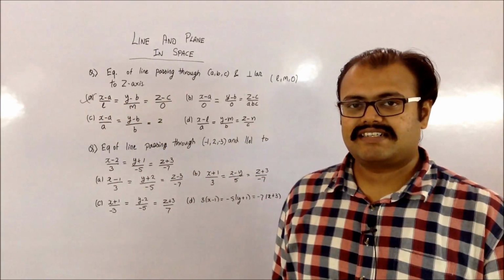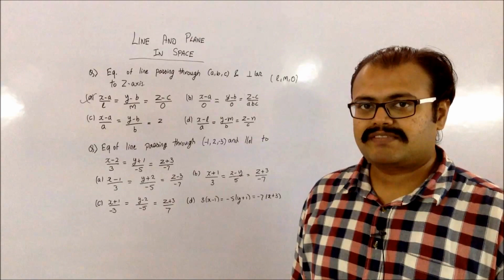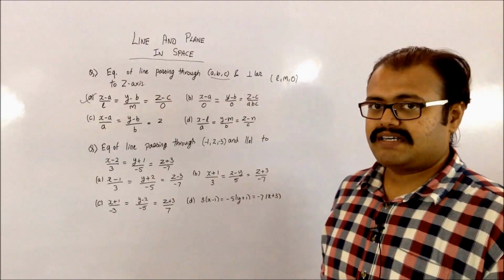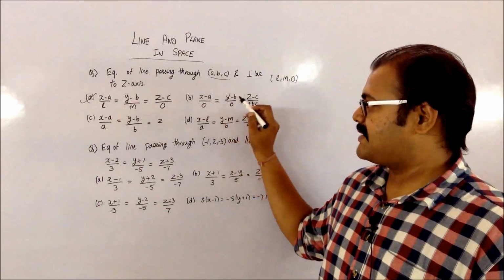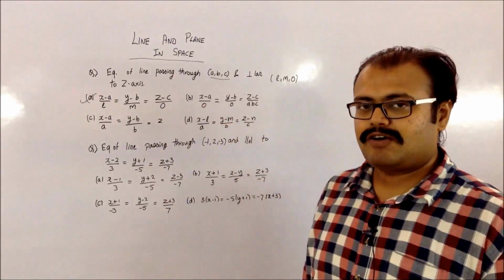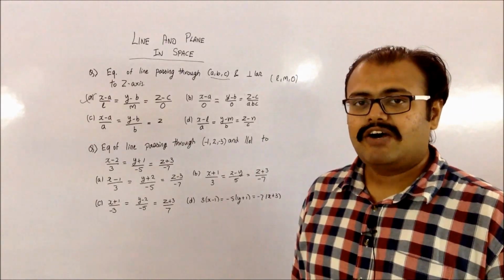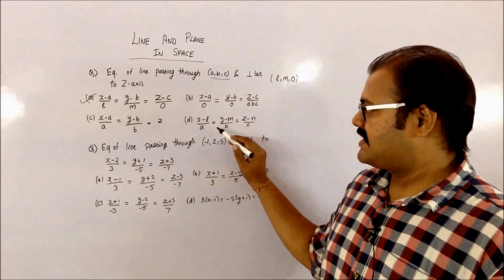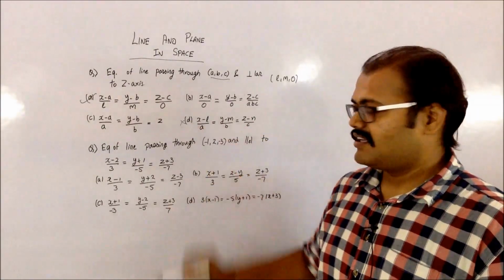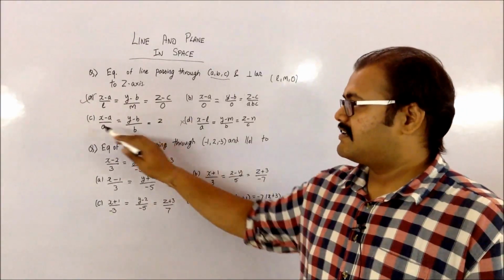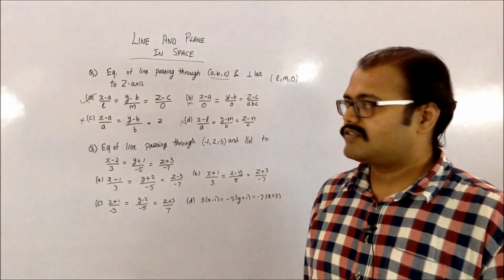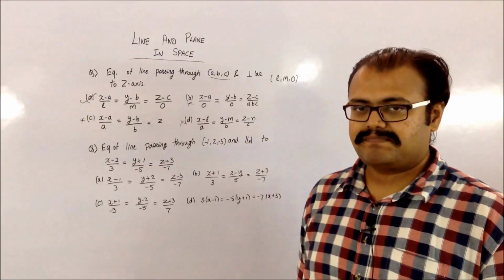If you're not able to understand the question, you might simply eliminate some of the options given to you. You have to remember that the point through which the line is going to pass, that is a, b, c, should be present in the numerator and it should not be present in the denominator. In the denominator should be either directional ratios or directional cosines. You can see that a, b, c are present here in the denominator, so obviously this is a wrong option. This one is also wrong, and correspondingly this is also wrong. So the only right option remaining was this one.